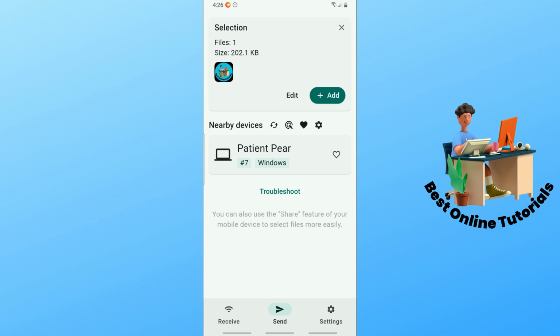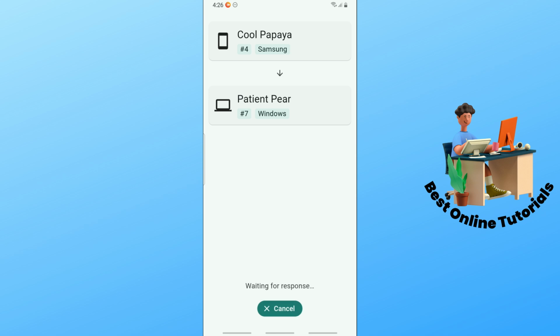And you can just simply tap on the nearby devices, which is my computer. So tap on it. And from here, you will be able to send